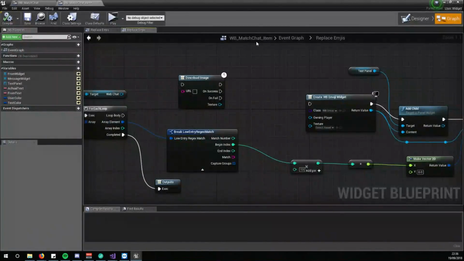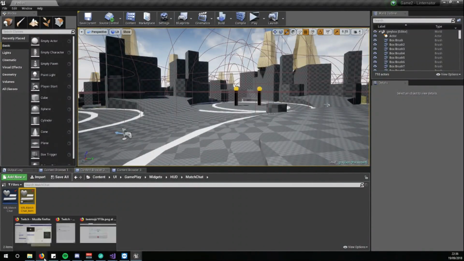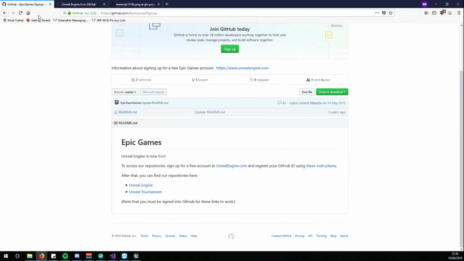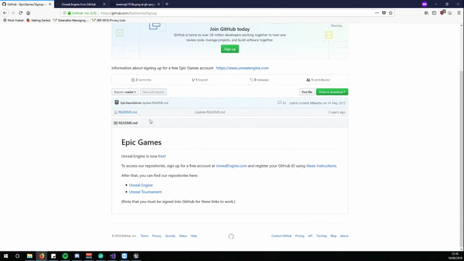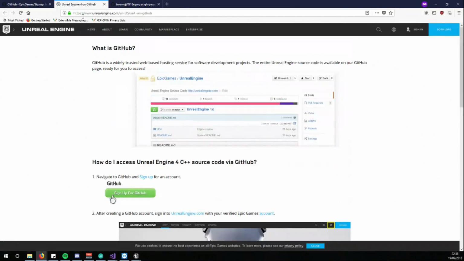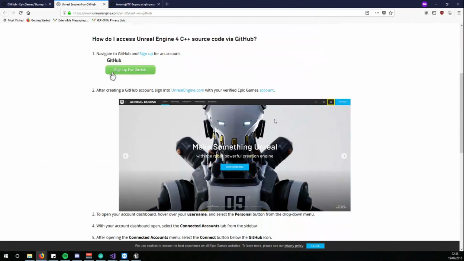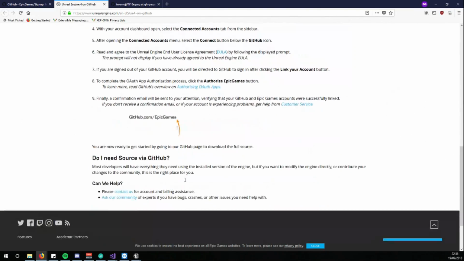So what we need to do is, firstly, I can show you that if you want to get hands on with the source code of the engine, it's actually pretty easy. If you search for Unreal Engine GitHub or Epic Games GitHub, you'll be able to find something called Sign Up. Sign Up will then give you a whole load of instructions, and basically it asks you to create an account with GitHub, and to create an account with Unreal Engine. You can then link these two accounts together, and that will give you access to the GitHub page for